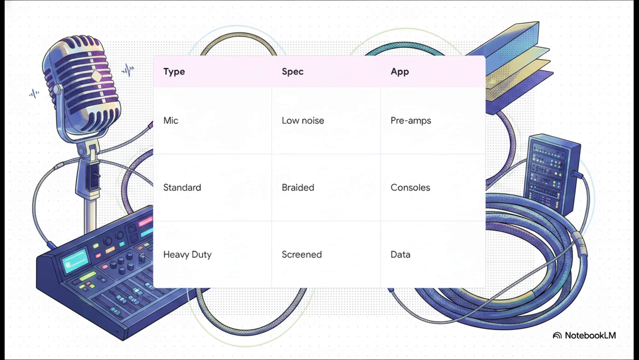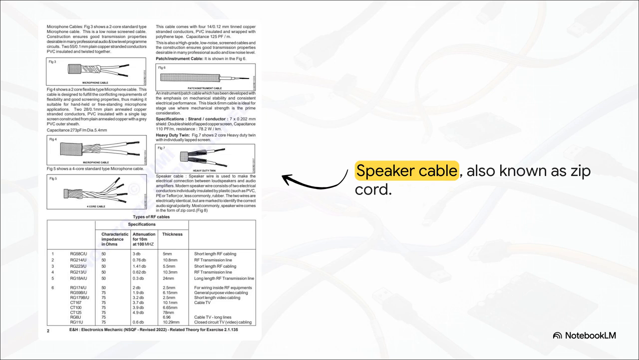But what if you're running robust data transmission lines? Well, then you graduate to heavy-duty audio cables. These beasts feature multiple cores that are individually screened for maximum protection. Now, before we completely leave the audio world, we have to mention the humble speaker wire, often known as a